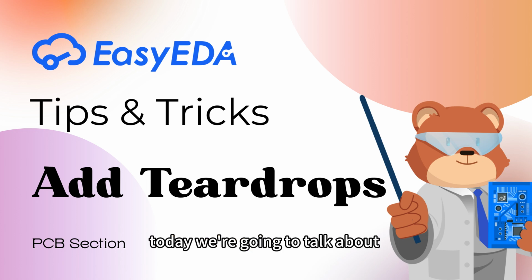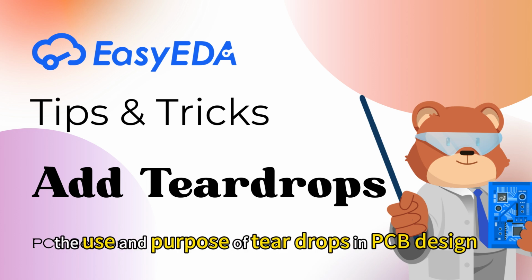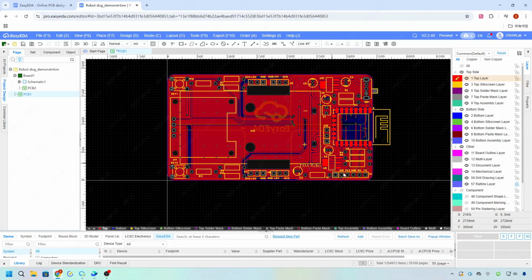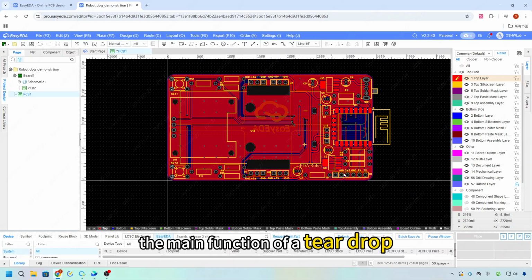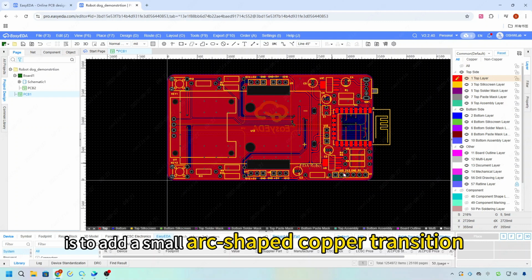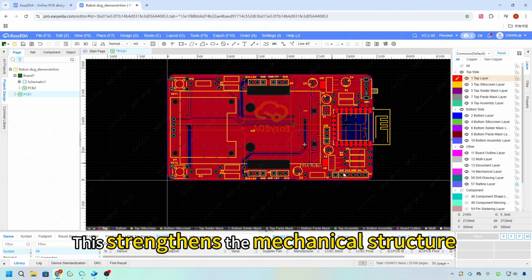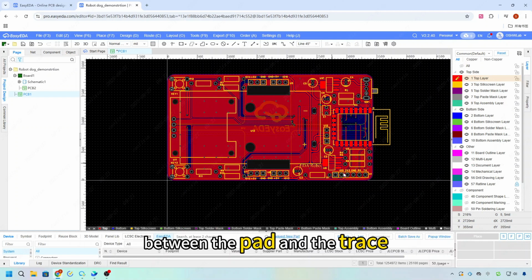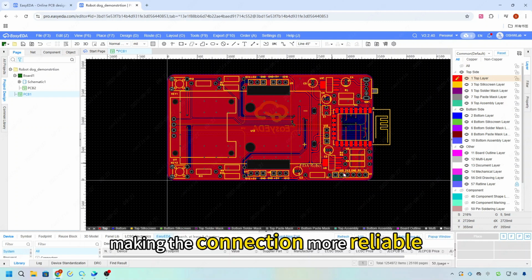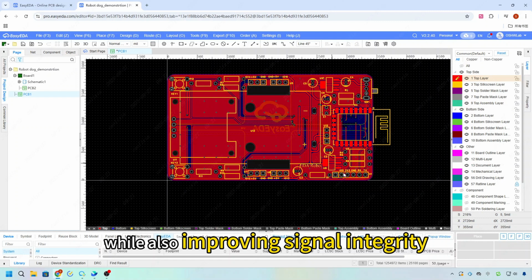Hello everyone, today we are going to talk about the use and the purpose of teardrops in PCB design. In PCB design, the main function of a teardrop is to add a small X-shape, a copper transition at the junction between a pad and a trace. This strengthens the mechanical structure between the pad and the trace, making the connection more reliable, while also improving signal